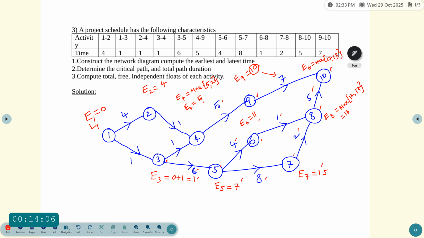So finally, E8 value 17, 17 plus 5 which is equal to,